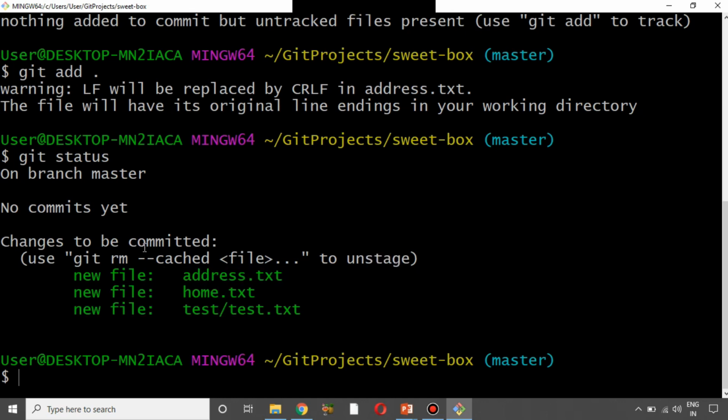If you look here, it says git rm --cached and then the file, to unstage. What do you mean by to unstage? When do you say to unstage? If the files were already in the staged state, then only you will say to unstage, right? So that means these files are in the staged state now. That's fine. Just remember these files are in the staged state, and I'm going to talk about this in much more detail.